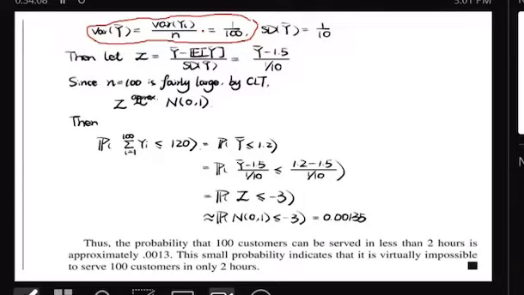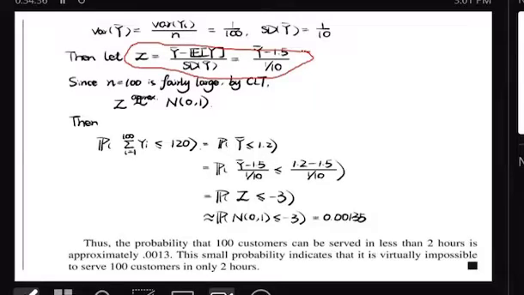Then from there, you can find the standard deviation of y bar by taking the square root. That's going to give you this. The moment you have the expected value of y bar, you've got the standard deviation of y bar. And if the sample size is at least 30, then the central limit theorem applies. Then I can now go into my z formula: y bar minus the expected value of y bar, divided by the standard deviation of y bar. I'm just going to plug in the values.